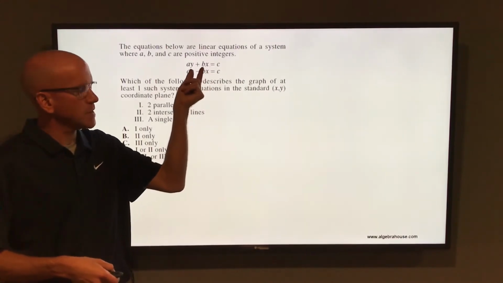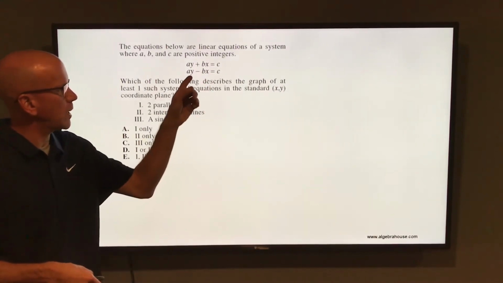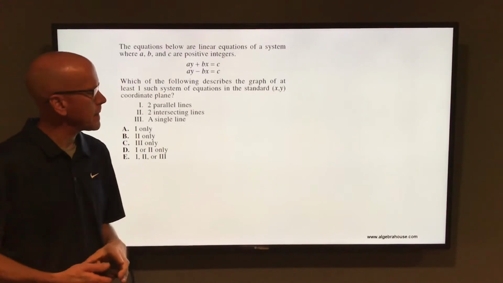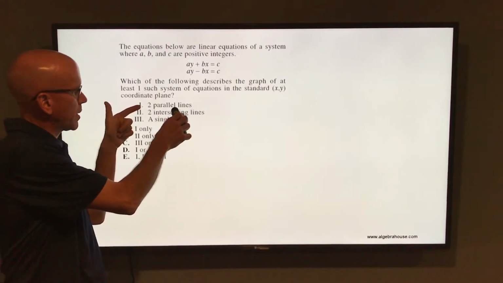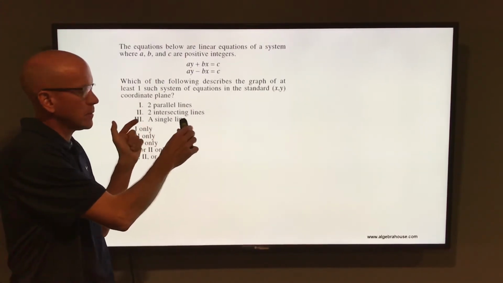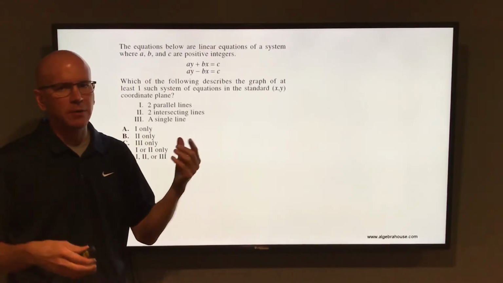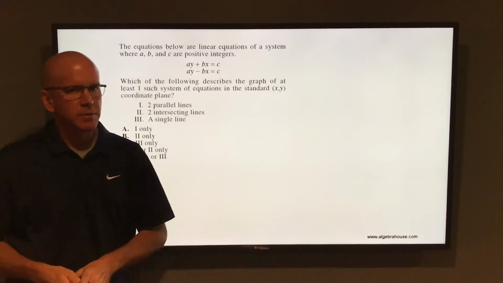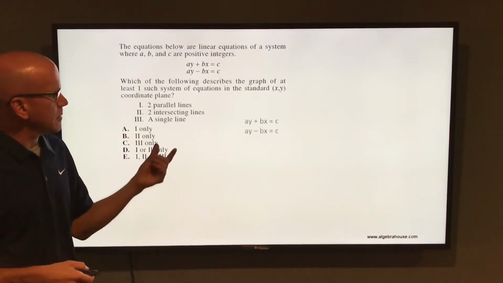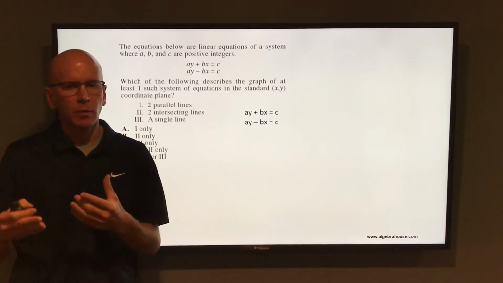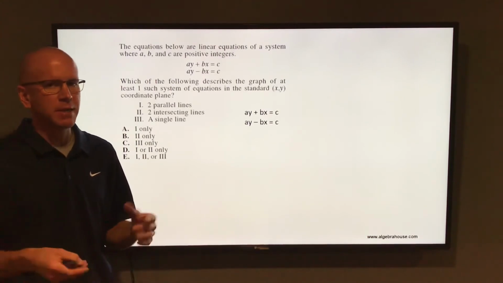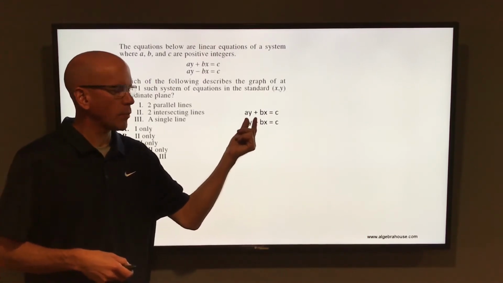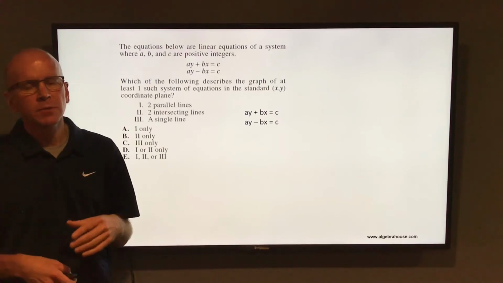So you have these two equations, ay plus bx equals c, also ay minus bx equals c. You need to decide, are they parallel, are they intersecting, or are they a single line, which means the same line? And you may be mixing some of those choices together. So if you're talking about parallel lines, whether they're the same line, whether they're just intersecting, you probably want to get both of these in slope-intercept form so that you can look at the slope